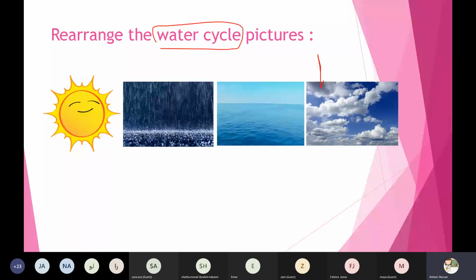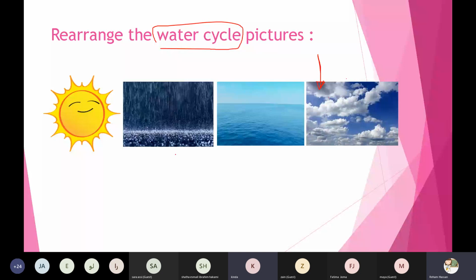Kenda, so the first one, the clouds, but how are the clouds formed? How do these clouds form, Kenda? It's formed by the water or by the rain? By the rain? The rain makes the clouds or the clouds make the rain? The clouds make the rain.